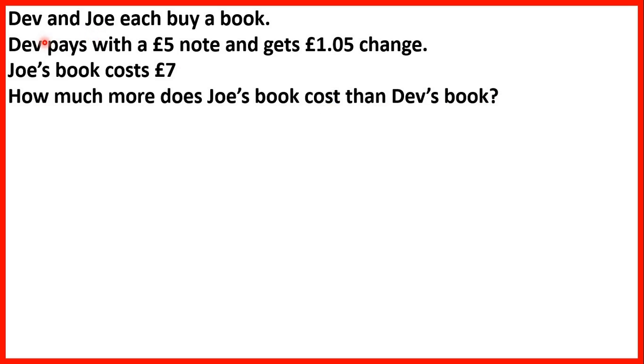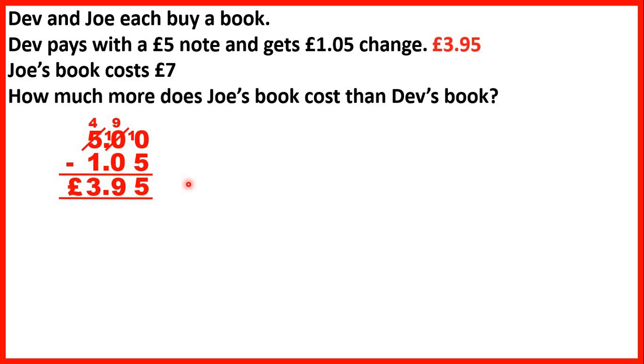Well, first we need to find the cost of Dev's book, and then we can find the difference. He pays with £5 and gets £1.05 change, so we can subtract the change from the amount that he pays with to find the cost of what he buys. So £5 minus £1.05 is £3.95, and if we subtract that from £7, that will give us the difference,